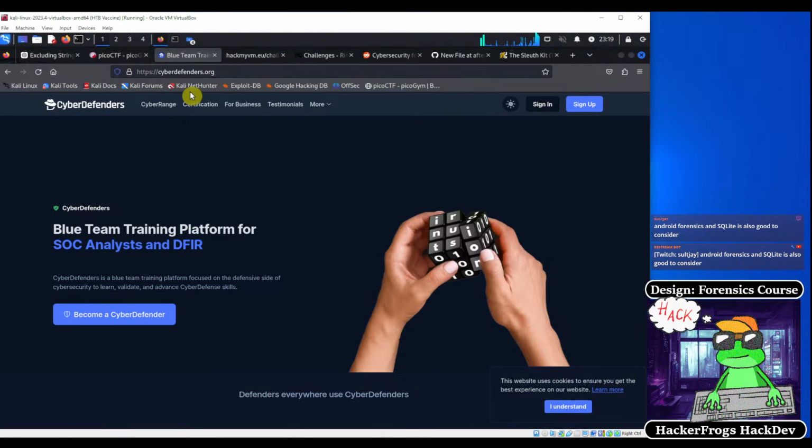So Android forensics and SQLite are also good to consider. SQLite, I usually see SQLite challenges. So are we talking about SQL injection, or are we talking about just accessing the database? Because if it's just accessing the database, that might be digital forensics. But if you're talking about SQL injection, then that's definitely going to be a web challenge to check the database. Okay,